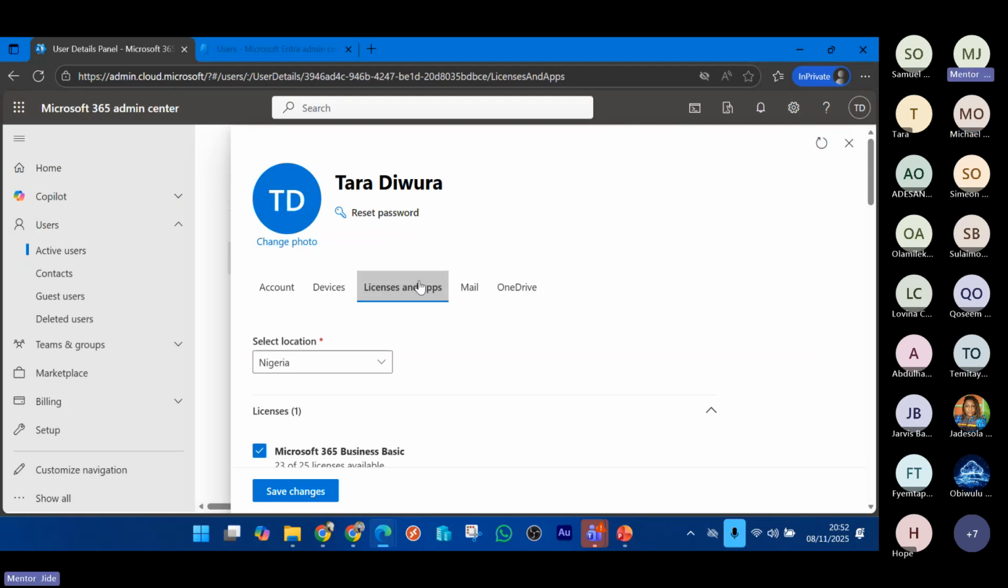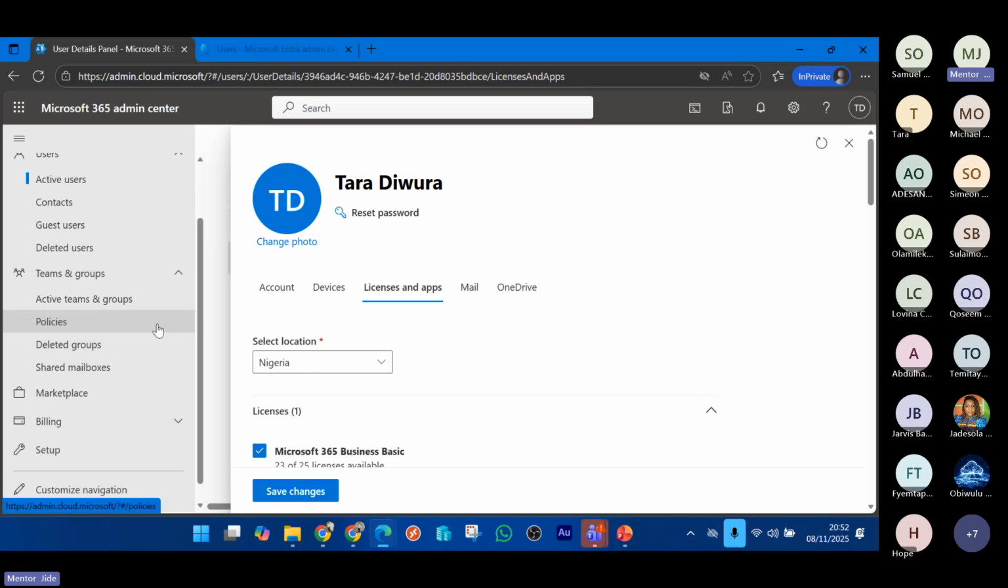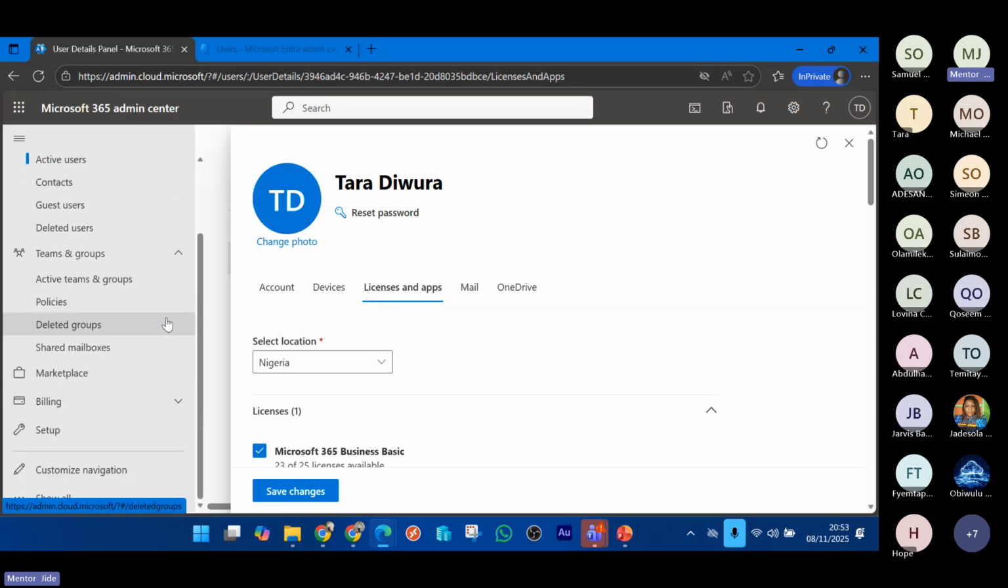So in the absence of questions, tomorrow we go to Teams and groups. We talk about all the Teams, Microsoft 365 groups. We talk about conditional access. Still considering. We are not going to talk about conditional access. We just start from active teams and groups. Then we'll talk about it. We'll come to this policy. Then from there, we'll now go to